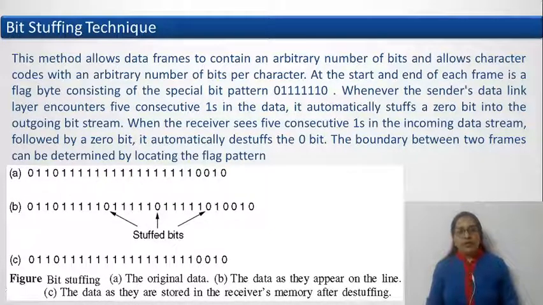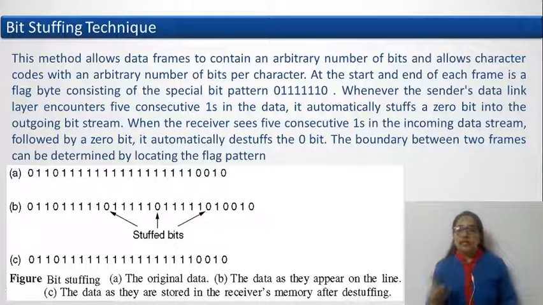Because in bit stuffing, again we have to identify the start and end of the frame. So as a start bit sequence, the bit pattern 01111110 is used. When this bit pattern is received at the receiving end, the receiver will be able to identify the start of the frame, and the same bit sequence is used at the end of the frame also.